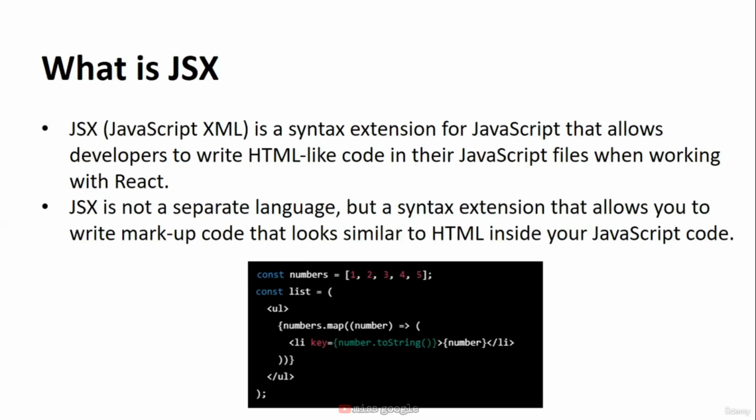So as you can see here, we have one JavaScript array, and in that array we are performing a map method, which helps us to modify the array or iterate over it, right? So we are iterating over an array, and in that particular map function we are returning a li list item, right? So we are creating a list of numbers, right? These kinds of things are possible if you look in the code